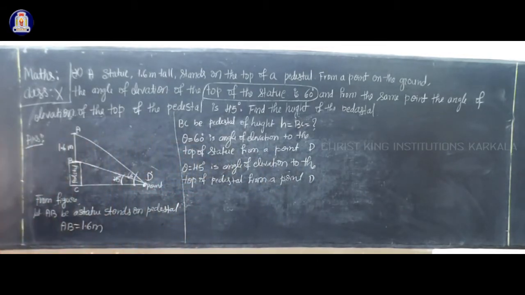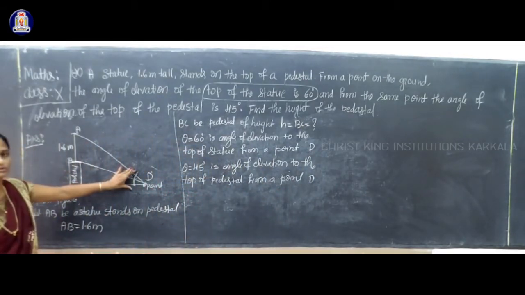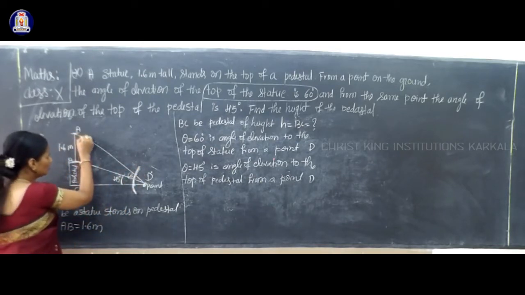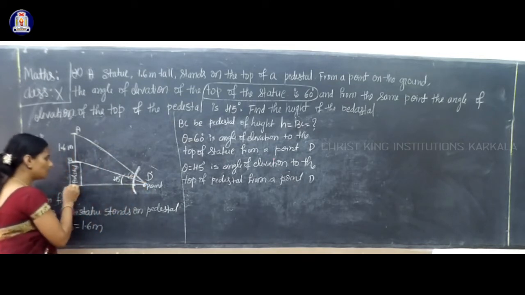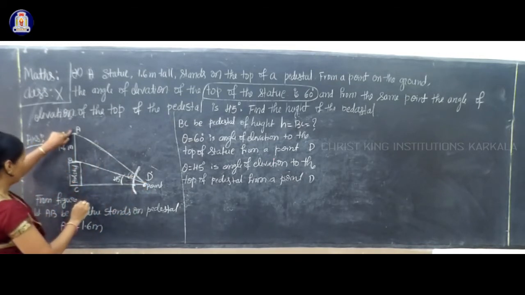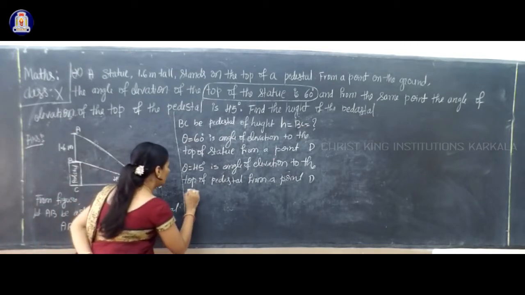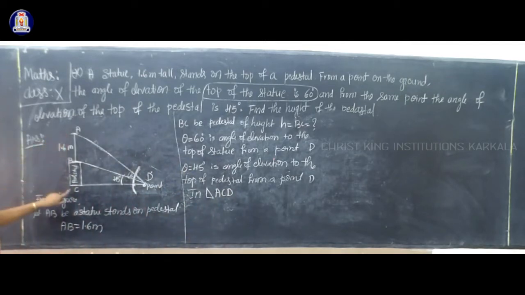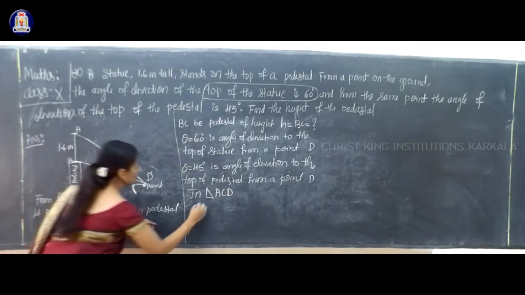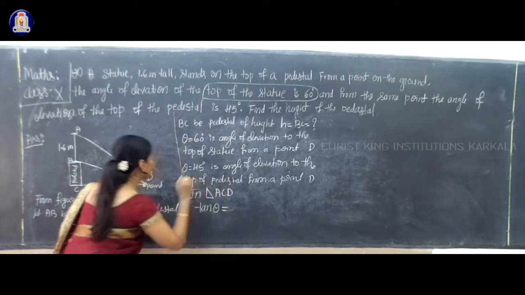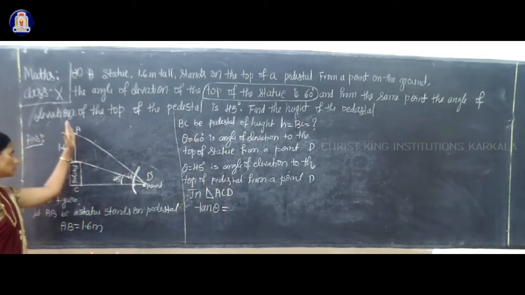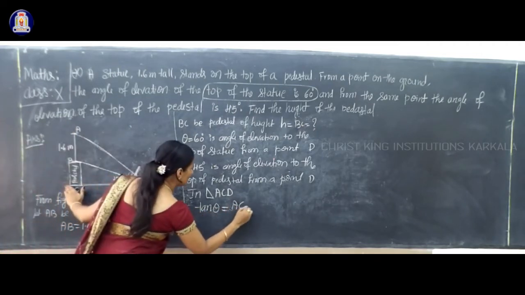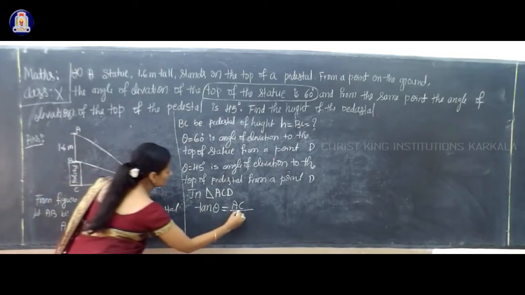Now consider triangles. Which triangle? First with respect to 60 degree. So this is your 60 degree, right? It includes this line and this line. So in between those two lines, which triangle is it? A, C, D. So in the right angle triangle A, C, D, what is your tan theta? Tan theta is equal to opposite side over adjacent side. This angle is theta, so this is the opposite side, this is your adjacent side. Opposite side is AC divided by adjacent side DC.